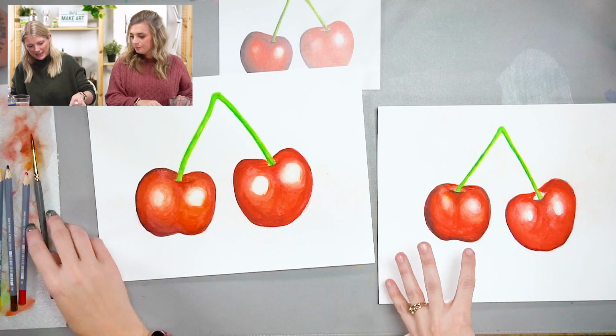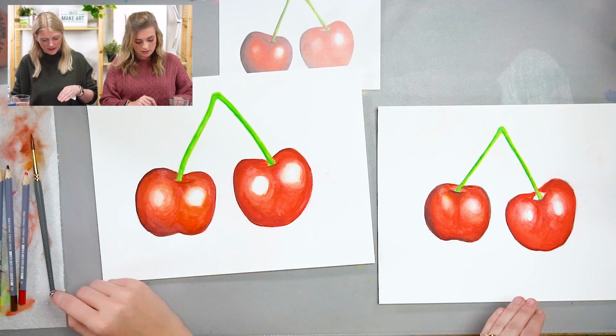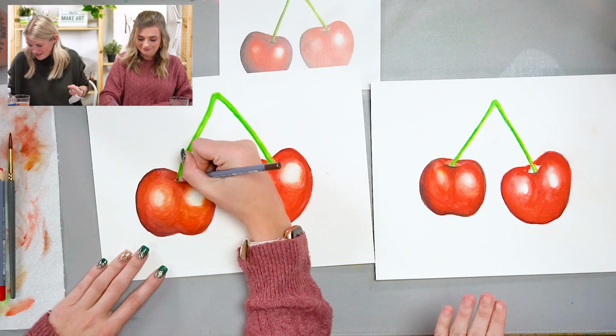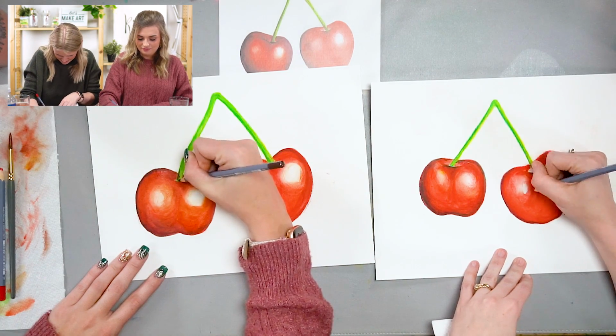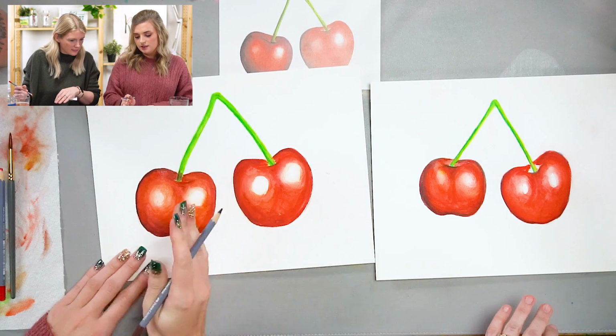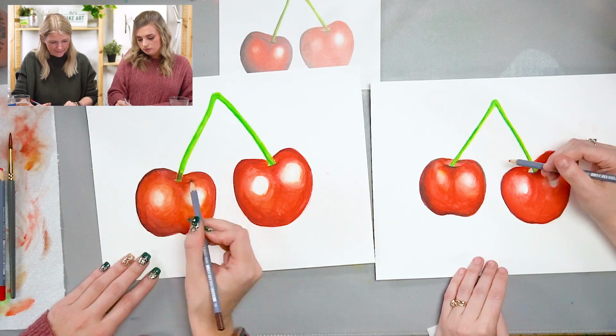Okay. And then repeat the same thing on our second cherry. Yes. Well, we'll do something else, so at the base of the stem, I put a little brown too, since it's coming out of this little